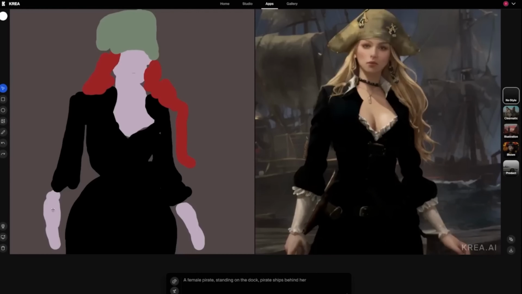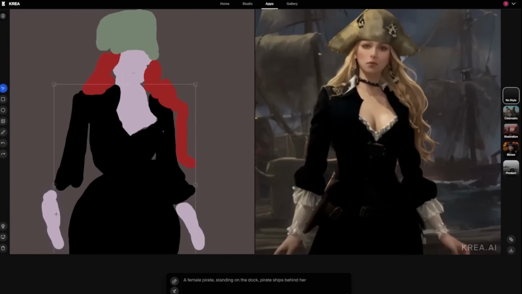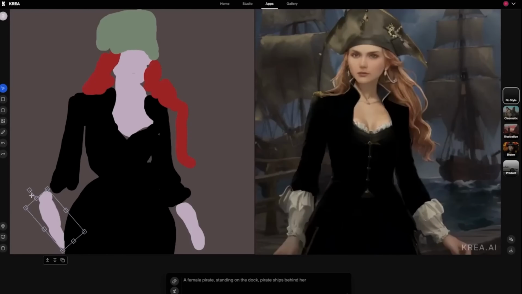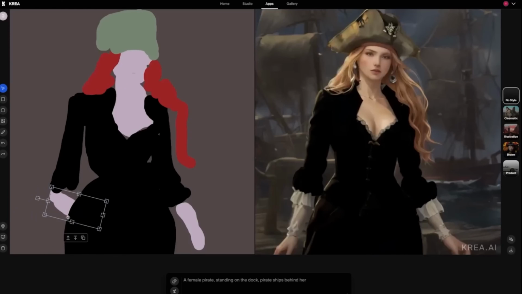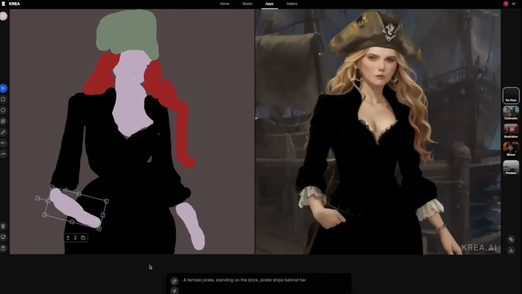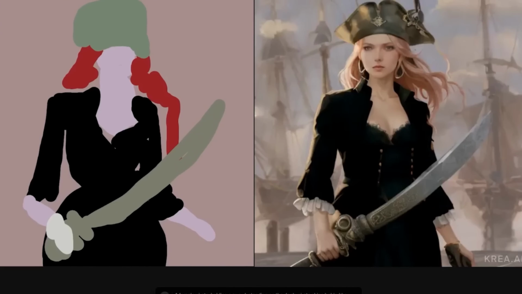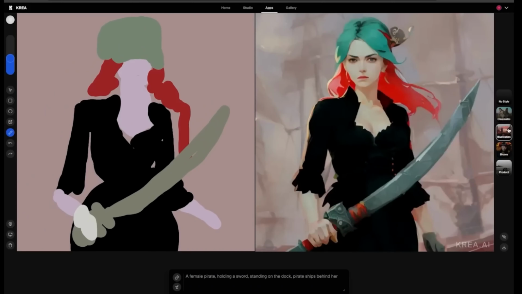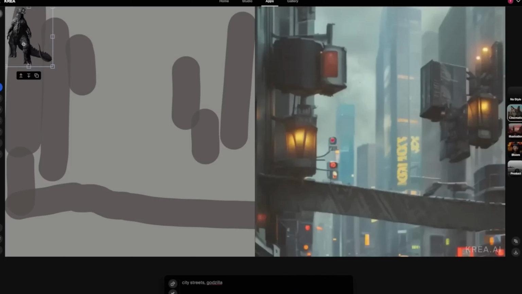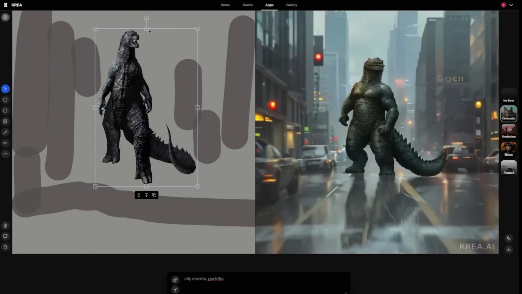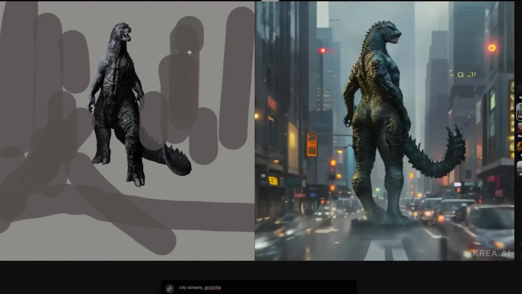And you can hook this up to any drawing program. So you could be doing this in Photoshop or whatever image generation program you want. You can see right down there he's typed in female pirate standing on the dock, pirate ship behind her, and he's just moving that around. And yeah, moves the arm to the front, and then the arm will adjust to the front. Paints in a simple sword and typed in the prompt that the character was holding a sword, and so it knew that he wanted a sword there, and it did it. Here he's just pasting in pictures. So he's got Godzilla, just pastes him in, and boom, there you go.